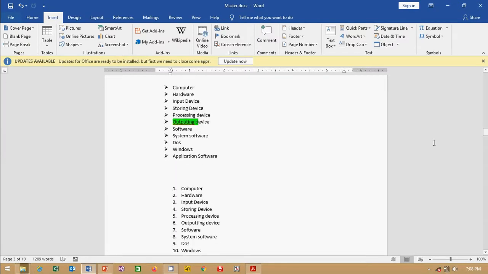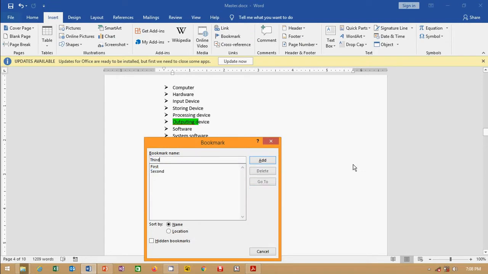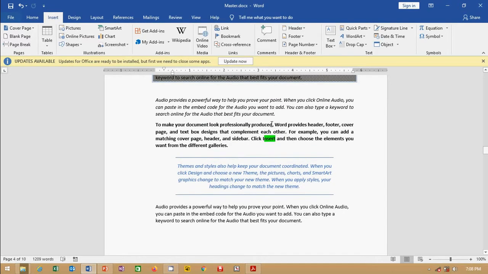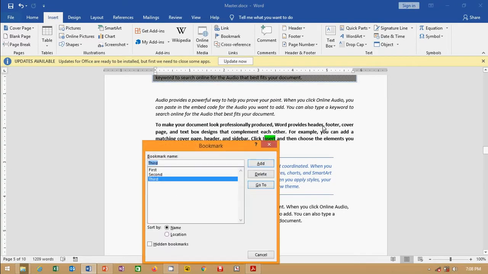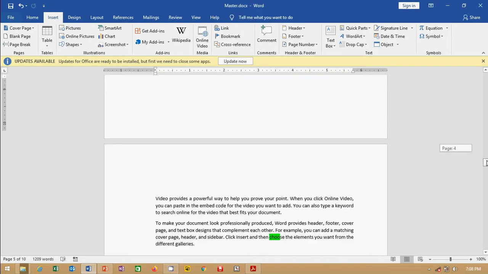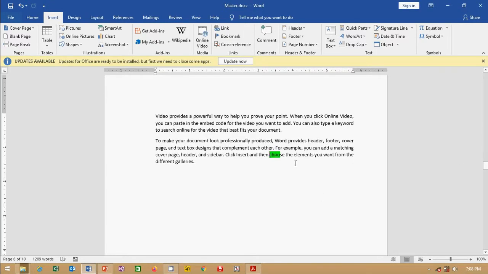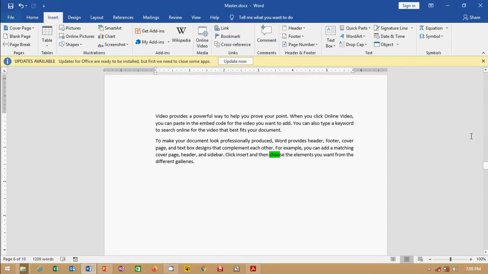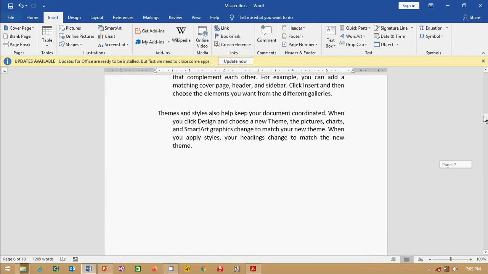Now third bookmark, add. Now fourth, add. Now it is the last location I am going to demarcate, and it is fifth, add. So I have created the five locations.